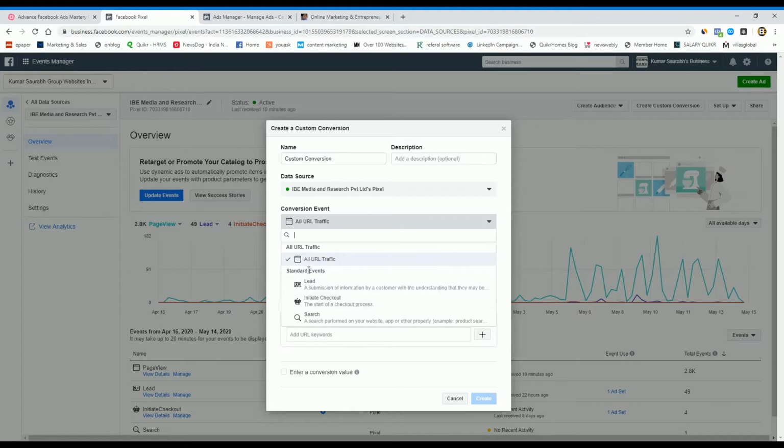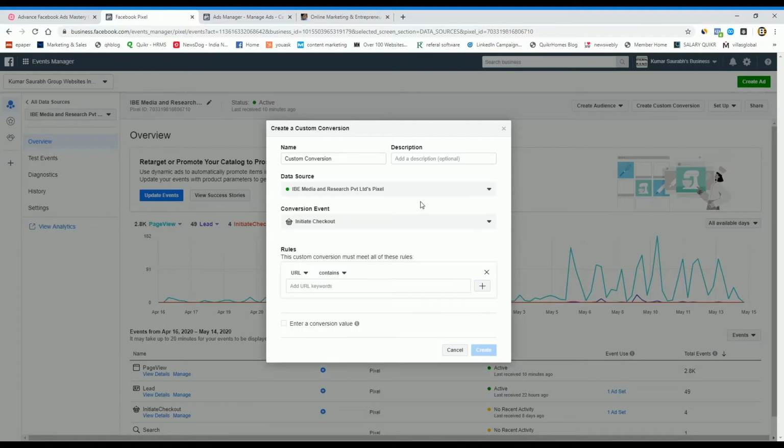Mostly we use a conversion event to track a particular page so that we can easily target those audiences whom we might easily convert into sales. So we can go ahead with the checkout. Then I'll select the checkout page.